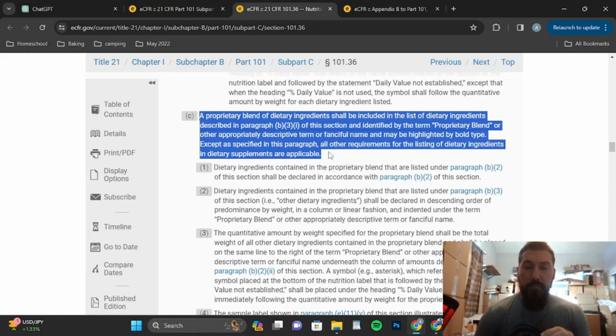But with as little requirements that are put on proprietary blends here, all it specifies is that you have the total weight in the blend area. Everything else is just in descending order. There is no limit to how small each of those ingredients could be, or what percentage of the overall blend they're required to be. So you can have the main ingredient being 99% of that prop blend, and then have the last 5 to 10 ingredients that are no less than or no more than 1%. So there's really no